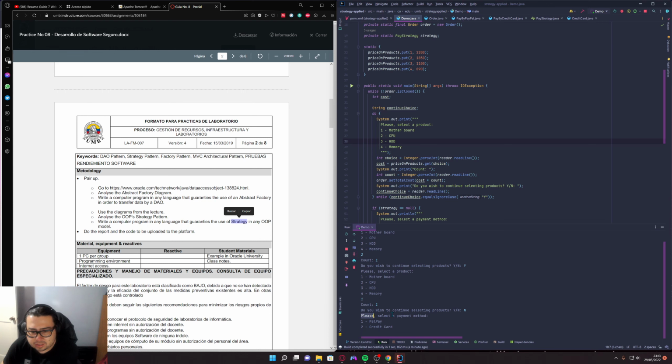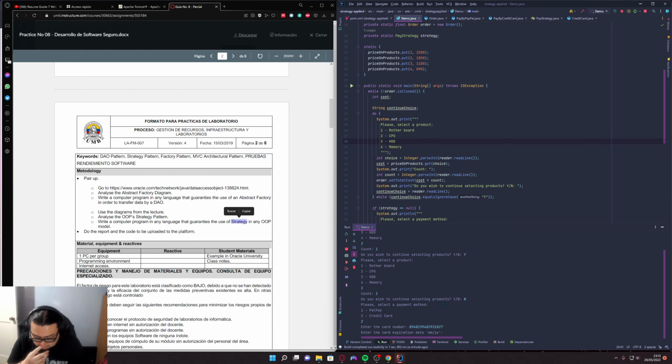So the next question is select a payment method. I want to pay with credit card. I pick the option 2. I want to pick the card number, so I write this number, this fake number. And the expiration date, I put 12, year 22. On the CVV code 102, and say paid